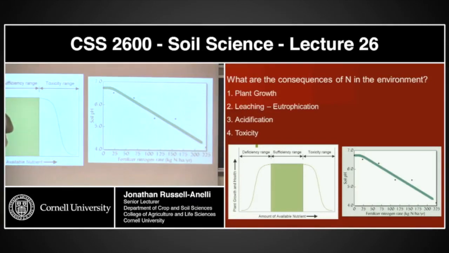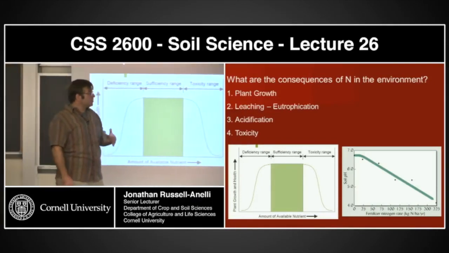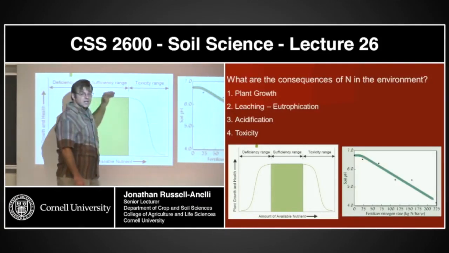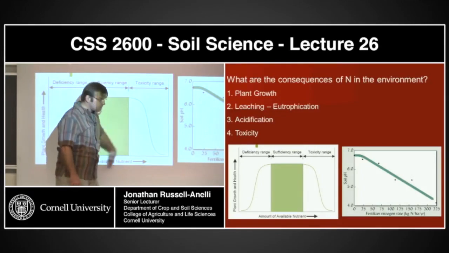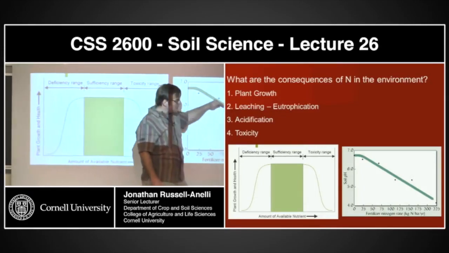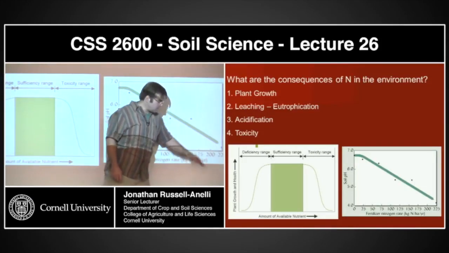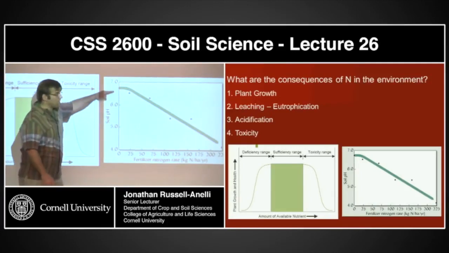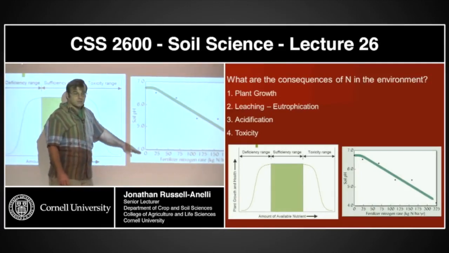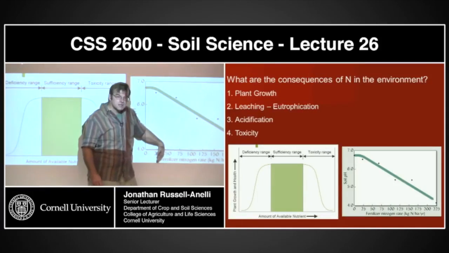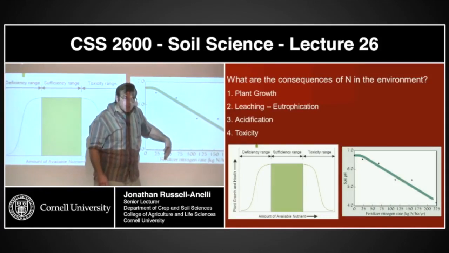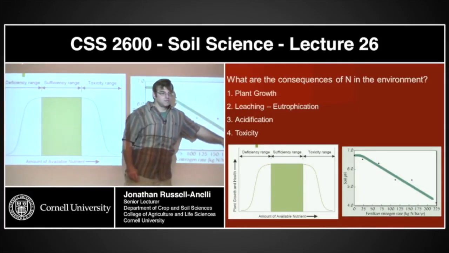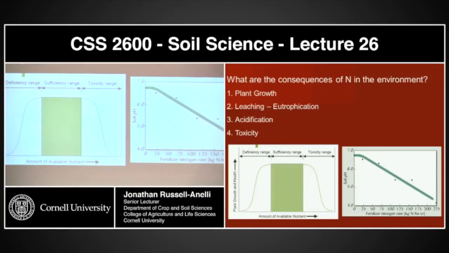Now, another effect with nitrate and nitrogen in general is pH. If I start forcing my nitrates this way, lots of nitrates, I'm actually going to see a drop in pH. What you're looking at here is nitrogen fertilization application rates, and this is pH, 7, 6, 5, 4. As I start applying my nitrogen more and more and more, I'm going to see a drop in my pH. Part of the consequence.